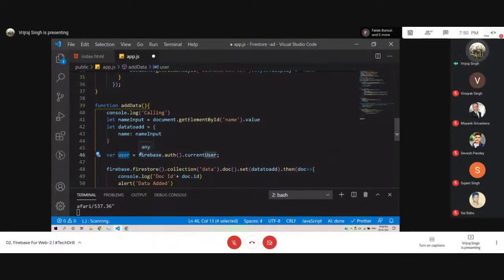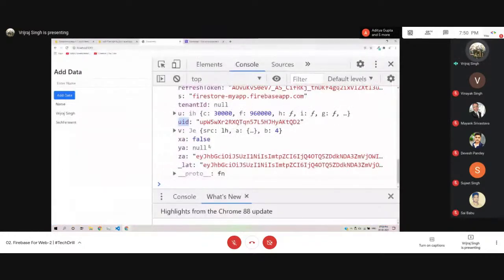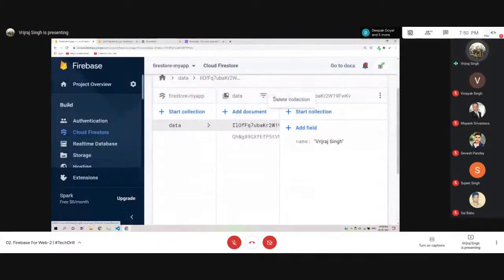It will return like firebase.auth().currentUser will give you the user, and then you can print the user.uid, because user is an object, inside we have a user ID. So you will add the data inside the collections, and then you can read the data. Okay, so I'll save and I'll go to the Firebase, and then we'll delete the entire collections,